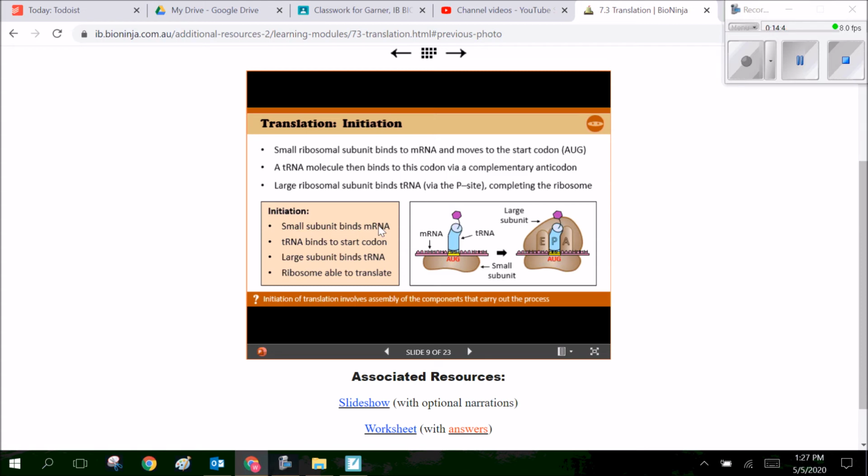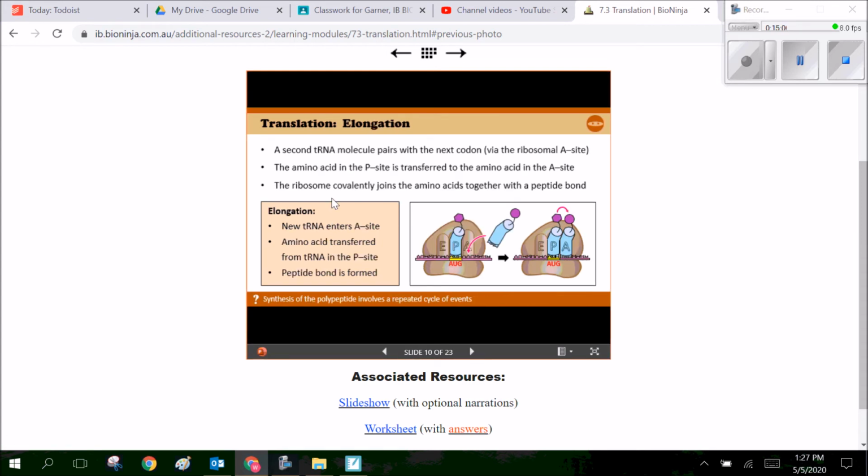So basically, let's recap. mRNA is the instructions copied from the DNA. It leaves the nucleus, it comes out to the cytoplasm. It is attached to the small subunit of the ribosome and the first tRNA. The large ribosome subunit clamps down onto it, making sure that the tRNA is in the P position, and we are ready to begin. Now what's going to happen in elongation is the ribosome is going to shift down the